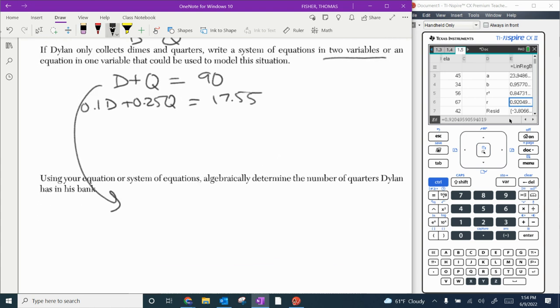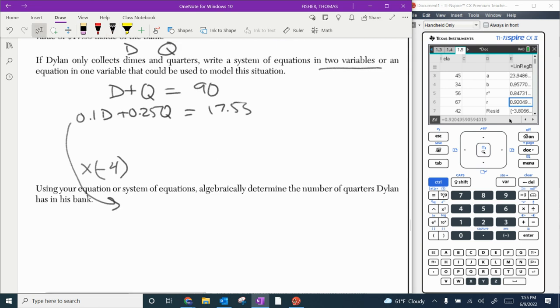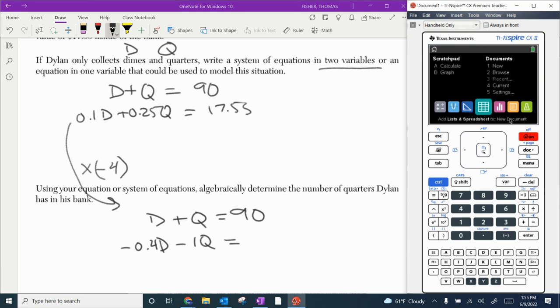So I'm going to use a scale factor here of times. You know what? I'm actually not going to do that. I'm going to do it a different way. I want to get rid of decimals. I'm going to do the bottom one times -4. You'll see why in a second. So I'm going to keep the top the same. D plus Q equals 90. The bottom one times -4, so -0.4D. And then -4 times 0.25 is a -1Q equals, and then go back to my calculator,